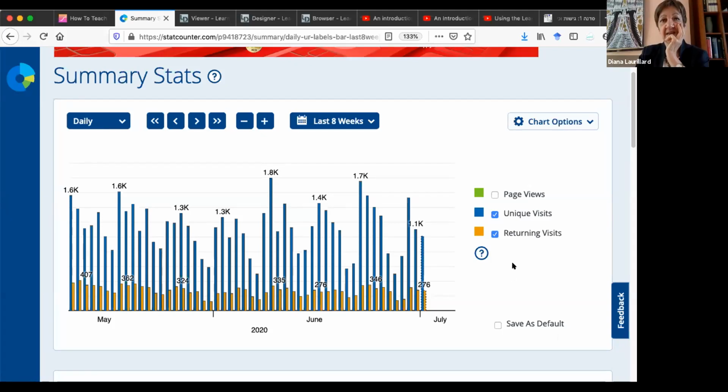Can you see that summary stats page? Is that coming up for you? Yes, it does. What does it tell us? That's over the last couple of months, and that's unique visits per day. It gets up to nearly 2,000 there, and number of return visits. And what's interesting is that